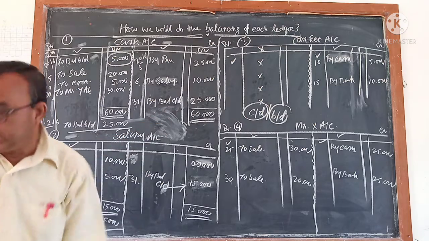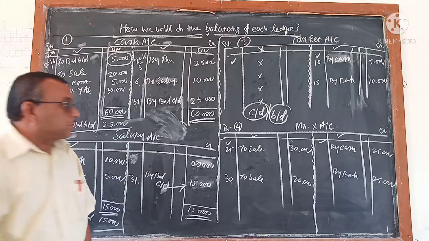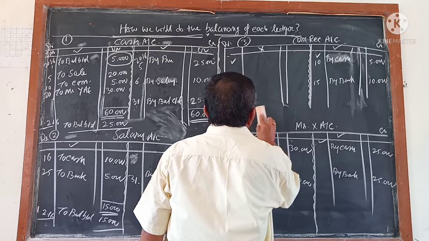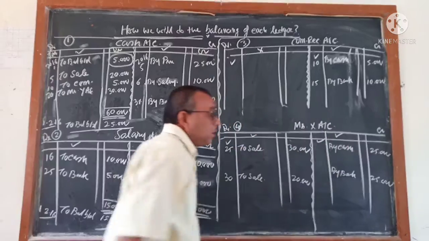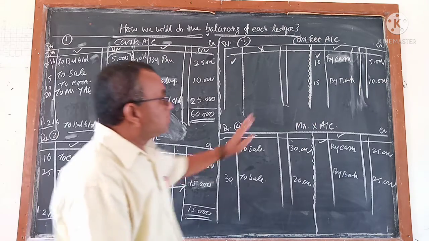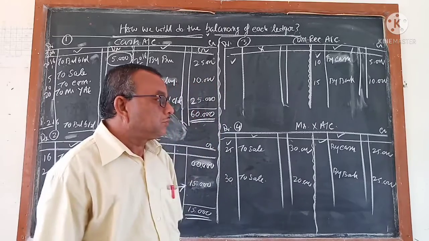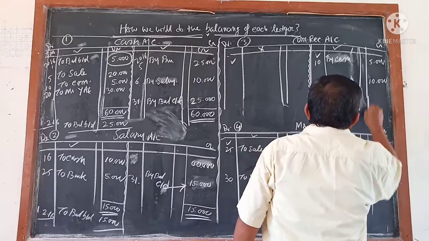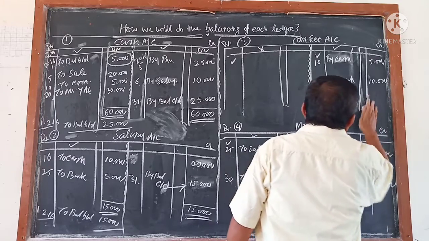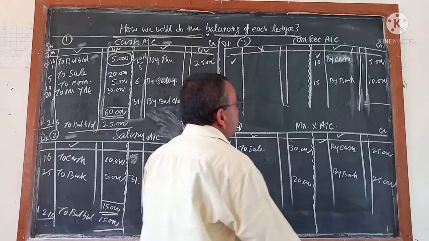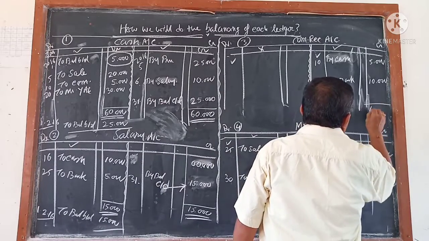Now come to the next one. Reverse. This side total nothing posting is there. Posting is in the credit side. Here posting is in the debit side. Now tell me which side is more? Credit side is more. How much is the total? You change it, no problem. 15,000 is there. Okay, there are also 15,000. Let it be 15,000.